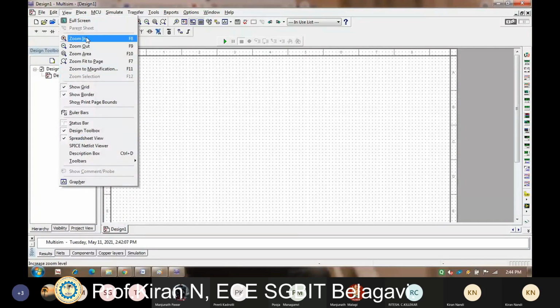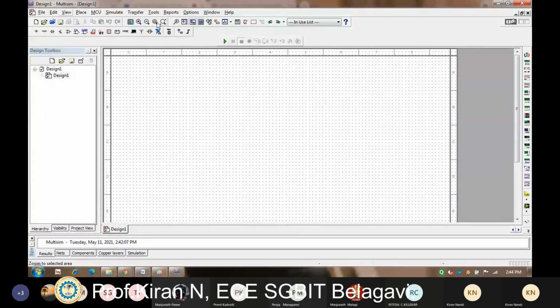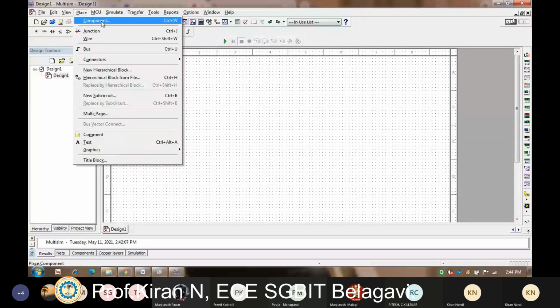All these options are again available on this second toolbar, which is just below the first one. I'm just moving the cursor. You can see here, this is the second toolbar, and place component. Place component is the option which you'll use to place the different components required for the preparation of the circuit diagram.